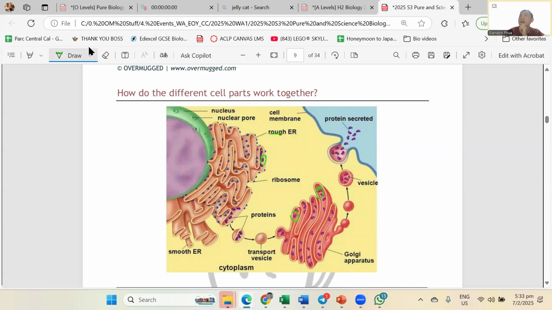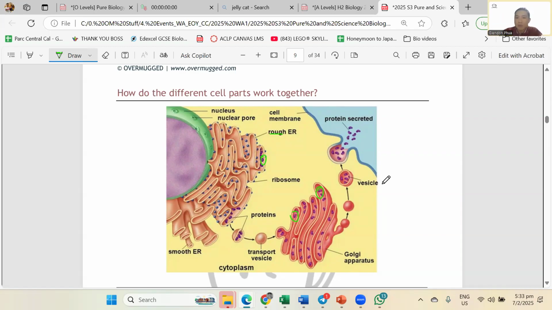Now, Akshaya asked a good question. Is there a specific site that we need to memorize, like which part is being added to? Strictly speaking, in the O levels, there isn't. But if your school teaches you the sites, which are the cis and the trans, then your school is over-teaching you, but they'll probably be testing you in their exam. So at O levels, you don't really need to know the names of the sites. But if your school teaches you, it is going to be the cis and the trans.